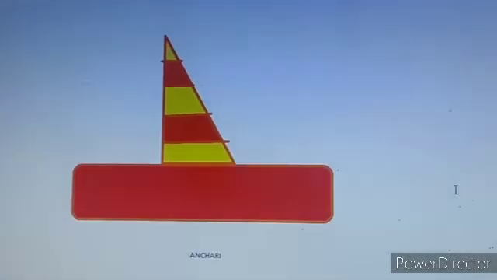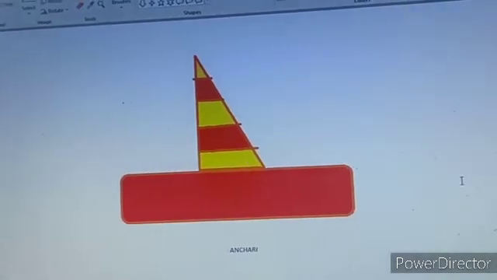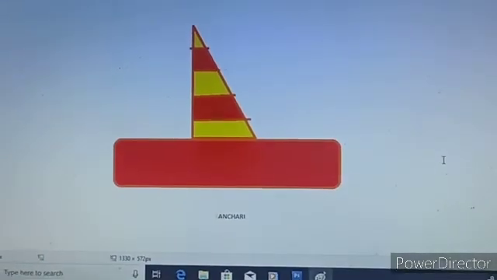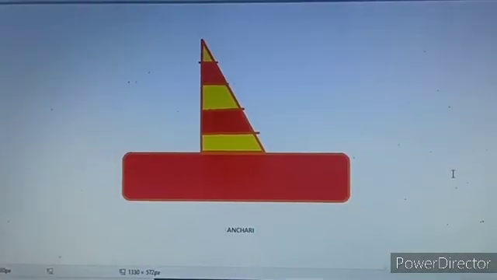So what you have learned in today's class is how to apply some basic tools like the pencil tool, curve tool, fill with color tool, and adding text. So what you have to do now is practice more to understand these things in a better manner. In the next chapter, we have some more tools we will learn, which we will learn in our next video class.